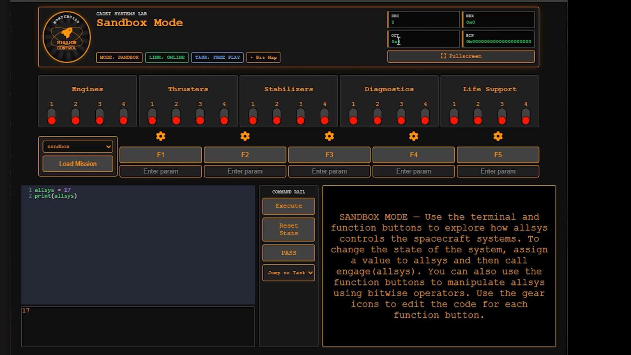And the reason for that is that you have to engage allsys in order for the change to take place. That allows you to have multiple lines of code manipulating allsys from one to the other before you actually engage the final answer. So to do that, we would do engage allsys like that. There's a built-in function called engage, and we'll pass allsys as the argument. So now when I hit the execute button, whatever the state that relates to the number 17 is will occur